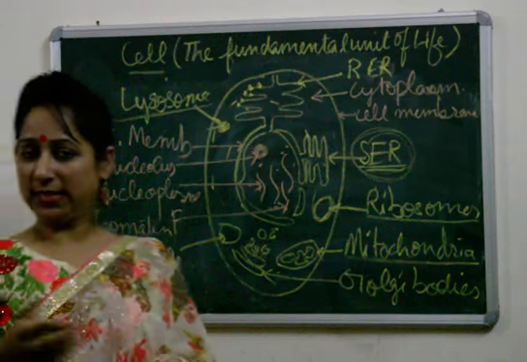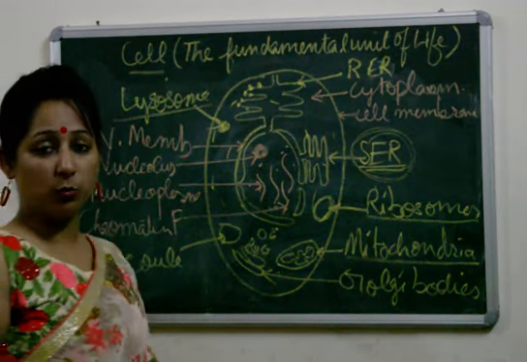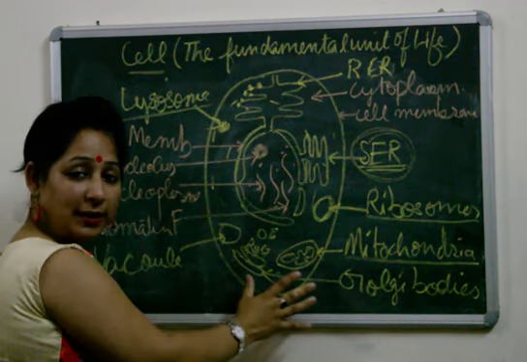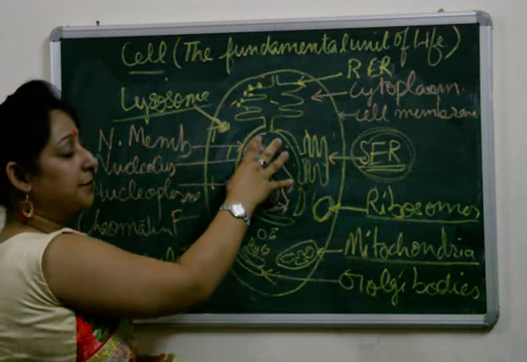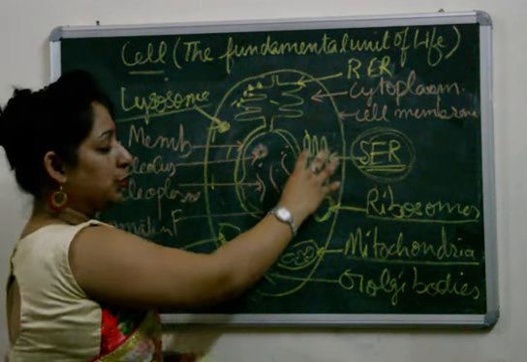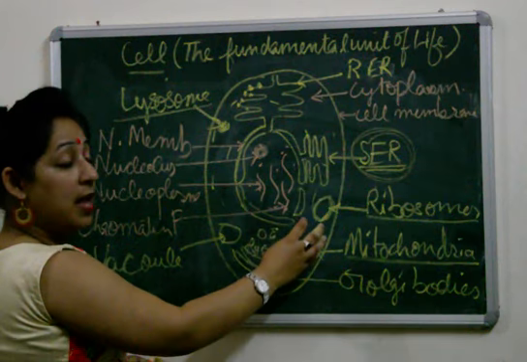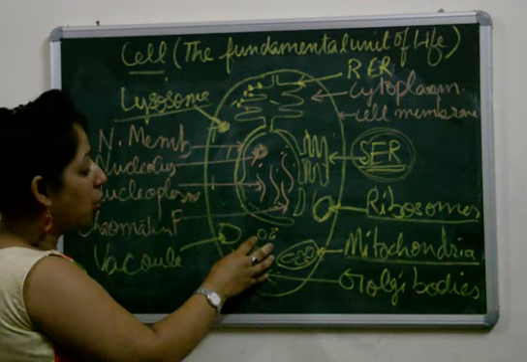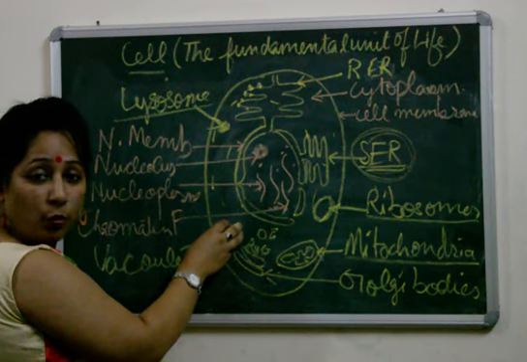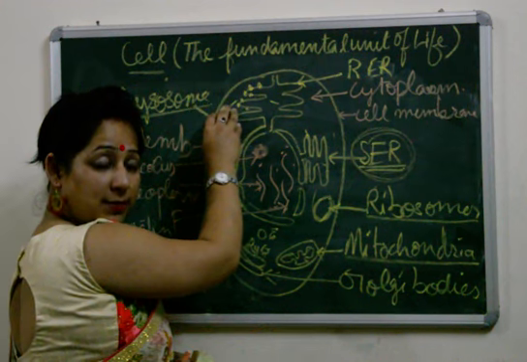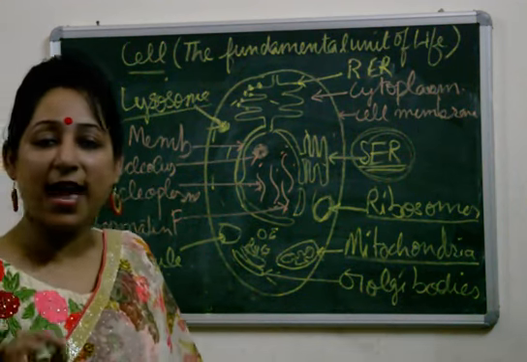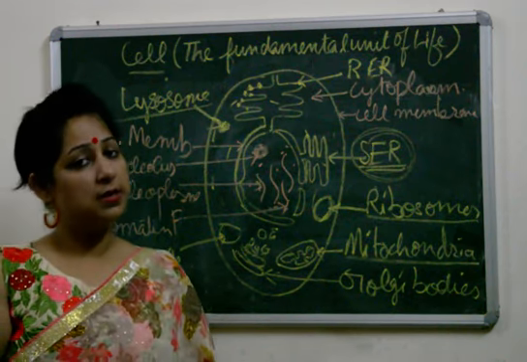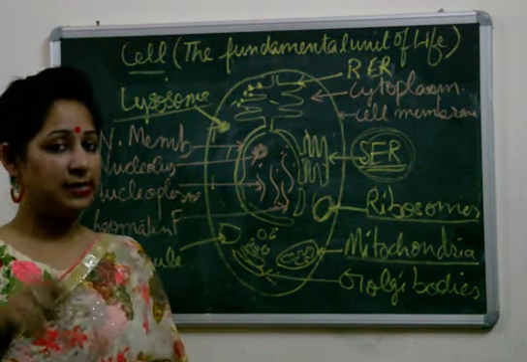Now, I'll just recap once again because the diagram is almost full. The first part is the cell membrane, the outer covering. Then it is filled with cytoplasm. The centrally placed nucleus is there. Then endoplasmic reticulum attached to nucleus, ribosomes which are protein factories, mitochondria which are the powerhouses of the cell, Golgi bodies which help in secretion of enzymes and hormones, vacuoles which are the fluid filled substances, lysosomes which have lysosome enzyme present in them, which are also known as the suicidal bags of the cell. This was all about animal cell.